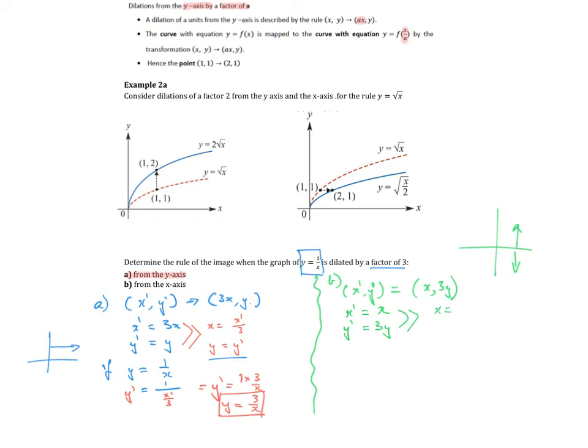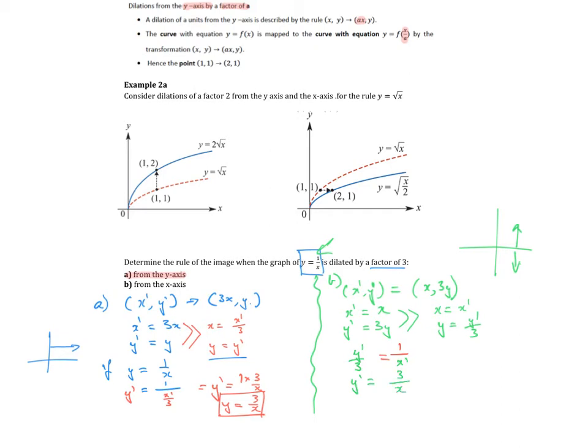Rearrange, I'll get X is equal to X dashed, Y is equal to Y dashed on 3. Let's substitute that into my Y equals 1 on X equation. So we've got Y, which is Y dashed on 3, is equal to 1 on X, which is just X dashed. So I can multiply the 3 across now,